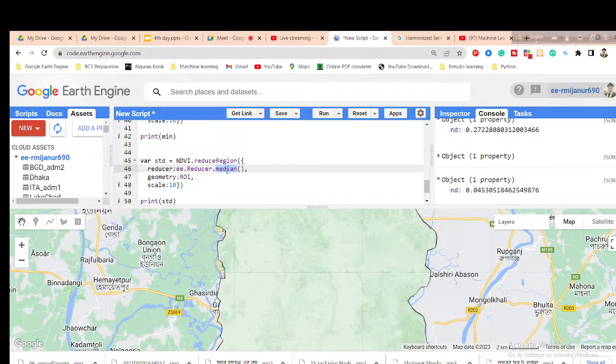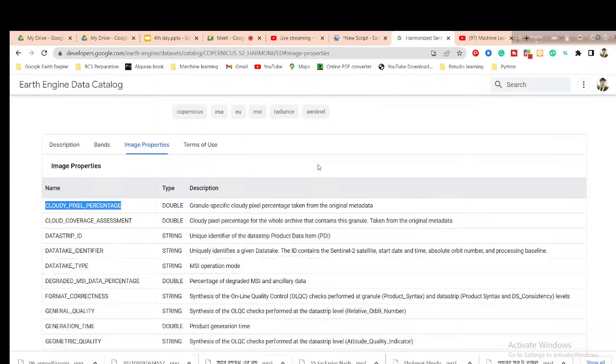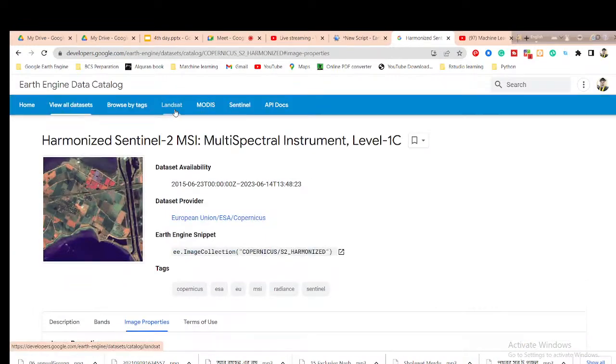And what's the meaning of the different statistical terms, you can easily get the idea from this lesson. Okay, so this is the process for calculating the NDVI, as well as all of the other things. This time we used the Sentinel image. Suppose you want to use the Landsat image, what can you do? Just change the image collection. Suppose this time I want to work with Landsat, so simply click on the Landsat imagery again,